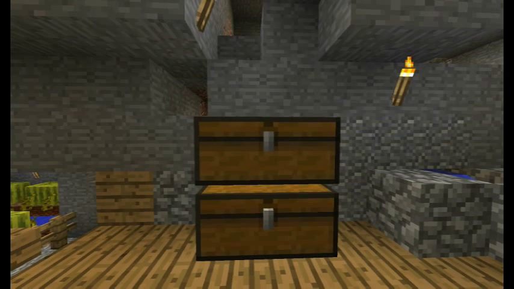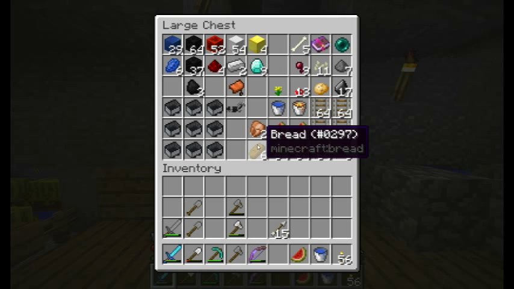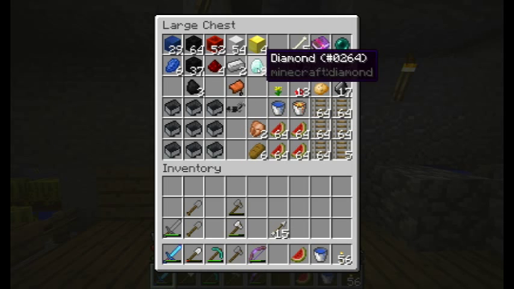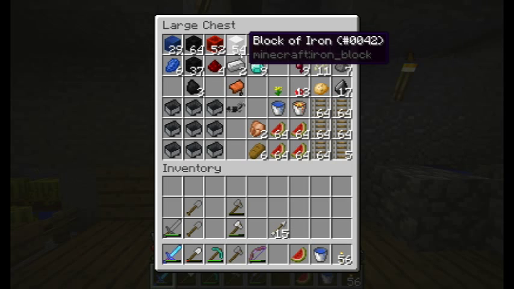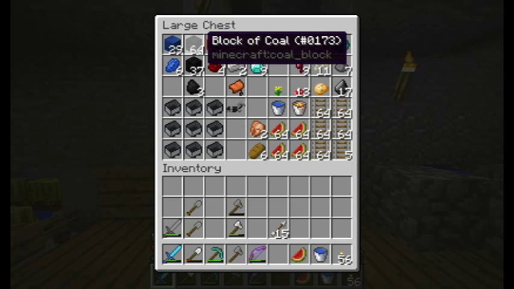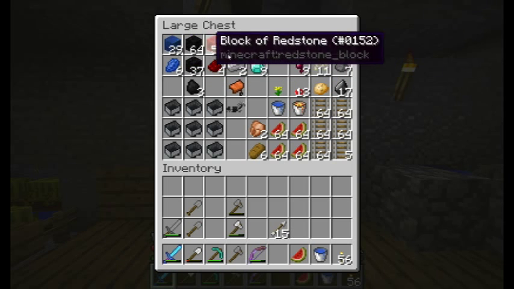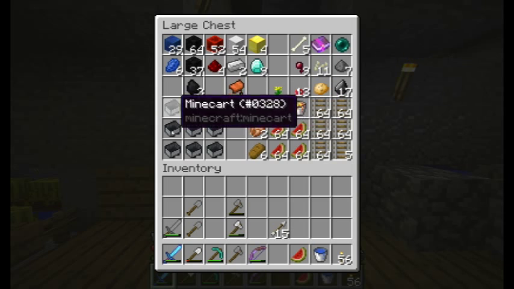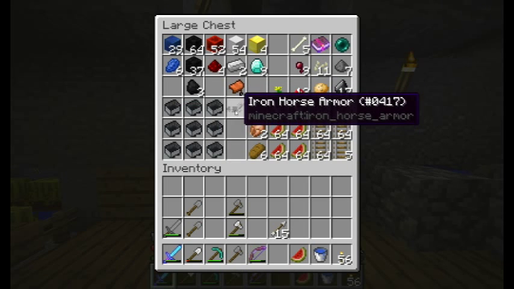I actually started off with a single chest. I had to upgrade to a double chest. Here's what we've ended up with. 9 diamonds, 4 blocks of gold, 54 stacks of iron, 52 stacks of redstone, 101 stacks of coal, and 29 stacks of lapis. We found 9 mine carts, which all contain chests and loot in them, of course,